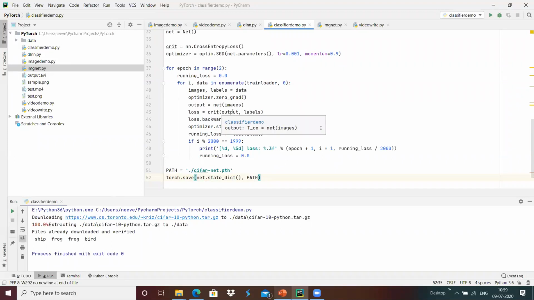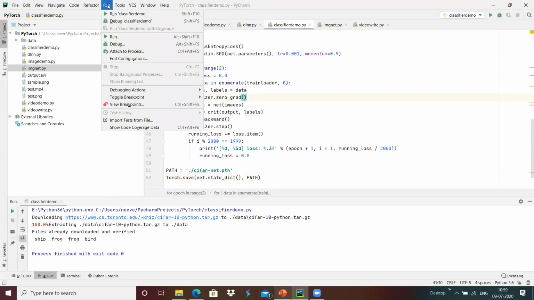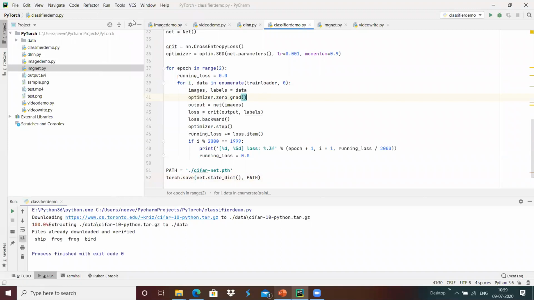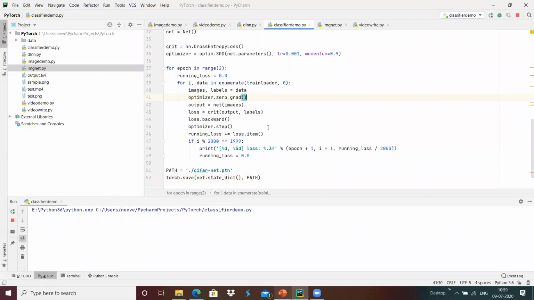Now we will run it and get the loss information. When we run this classifier, we have loaded the images, calculated the loss, and compared the output with the expected label.